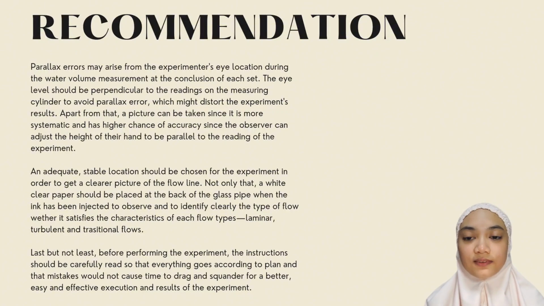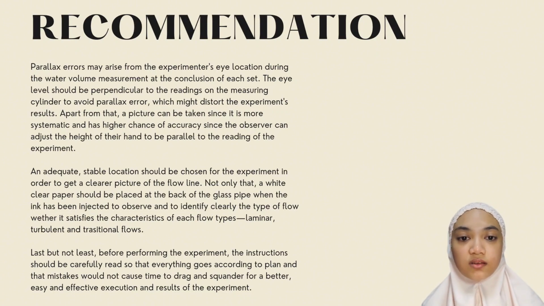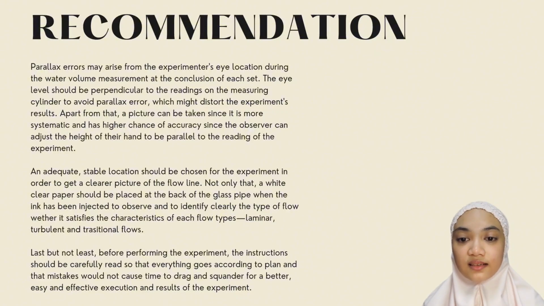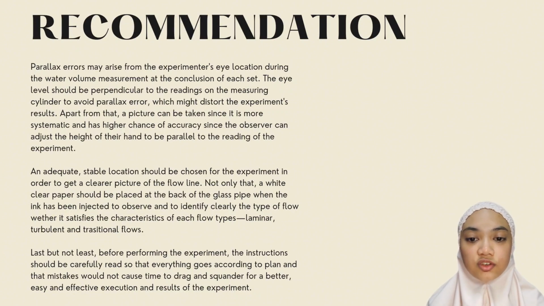The recommendation for this experiment is that parallax error may arise from the experimenter's eye location during the water volume measurement at the conclusion of each set. The eye level should be perpendicular to the readings on the measuring cylinder to avoid parallax error, which might distort the experiment's result. Apart from that, a picture can be taken since it is more systematic and has a higher chance of accuracy, since the observer can adjust the height of their hand to be parallel to the reading of the experiment. An adequate, stable location should be chosen for the experiment in order to get a clearer picture of